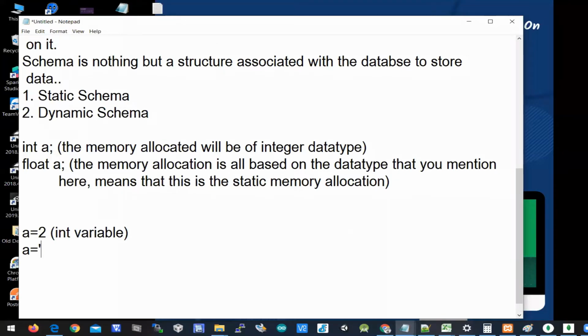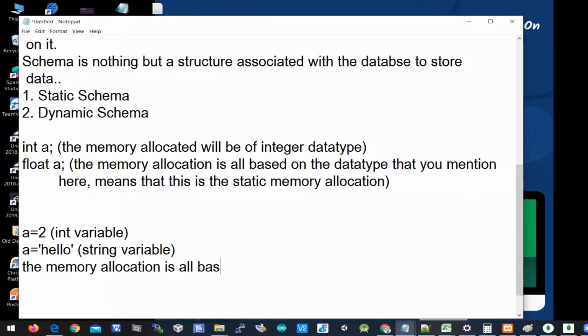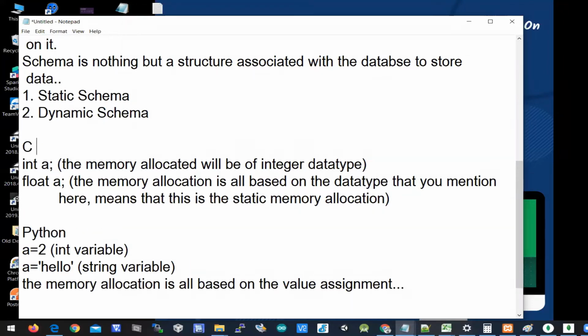When you put a equal to hello, this becomes a string variable, which indirectly means that the data type of the variable is always based on the value assignment. So here the memory allocation is all based on the value assignment, and this is like in Python, and this is like in C. C follows a static schema always for memory allocation, whereas Python always follows a dynamic schema.